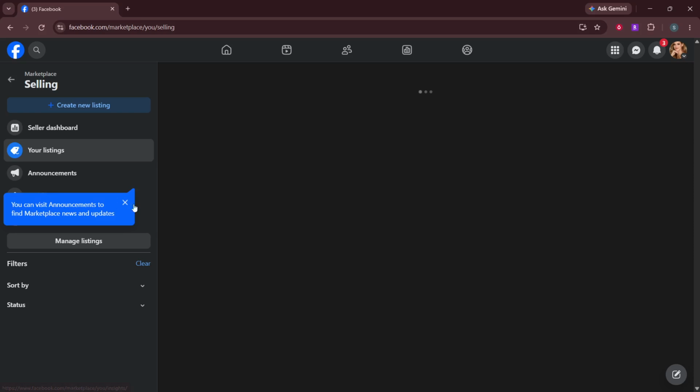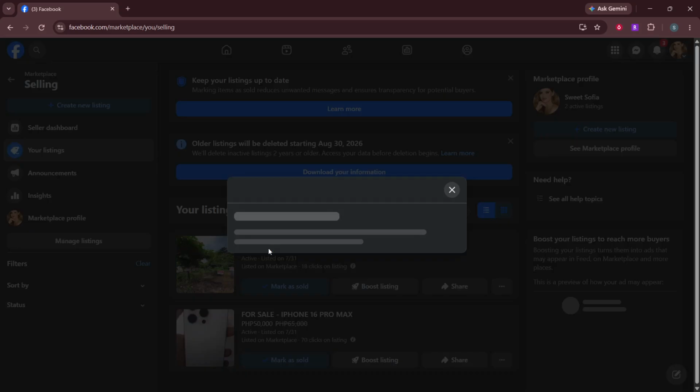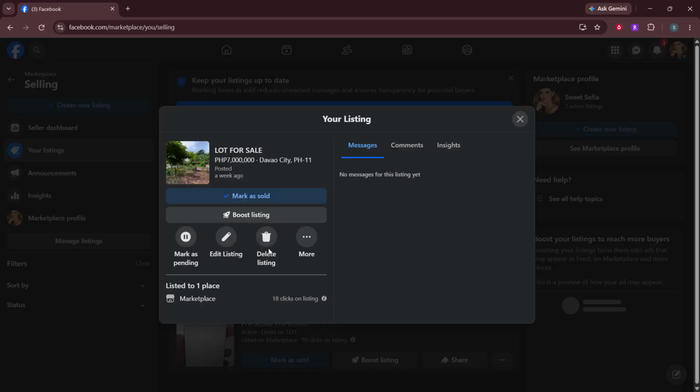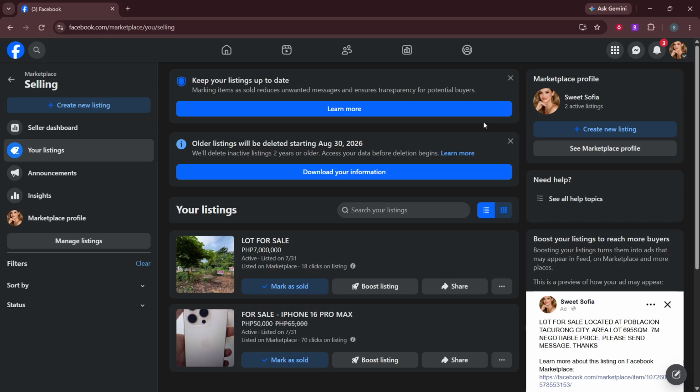After that, click your listings. In the Selling area, you should see a menu or list that includes your listings as one of the options. Move your mouse to your listings and click it. Once you click, the main part of the screen will refresh to show a list of all the items you have put up for sale. If your list looks empty, it usually means you have no active listings under the account you are currently logged into.